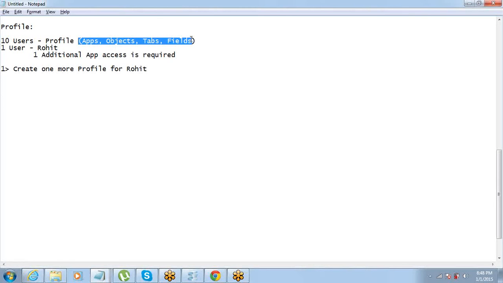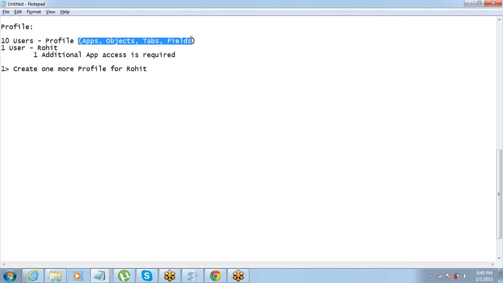So we'll have to make it very clear: OWD, sharing rules, sharing settings, everything is related to data. Try and understand where the sharing concept comes in. Let me make things easier for you. The sharing concept comes when you own something, then only you can share it with me, right? Let's say there is a laptop owned by Ankit, then Ankit can share it with me. Sharing concept comes there.